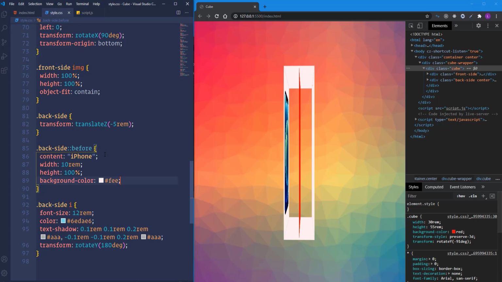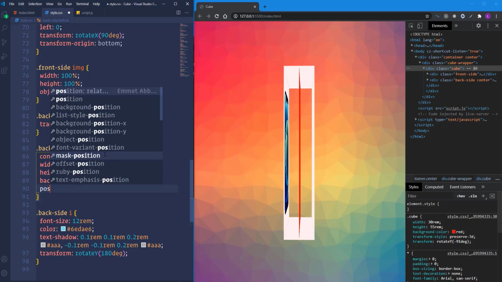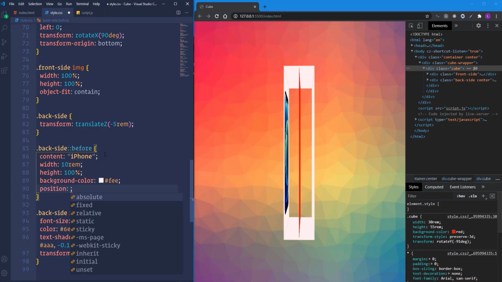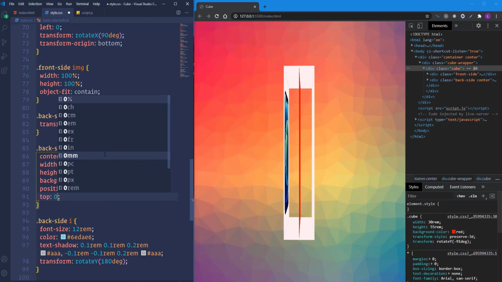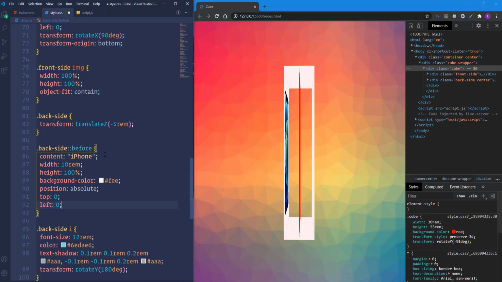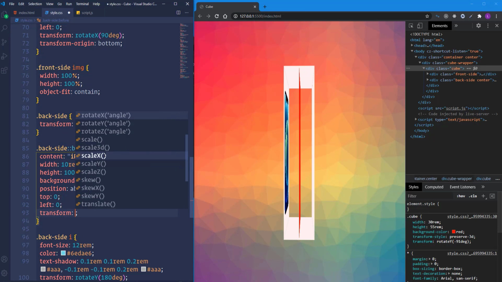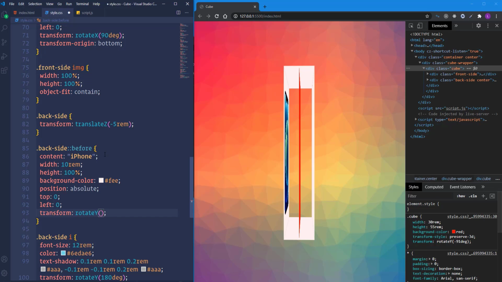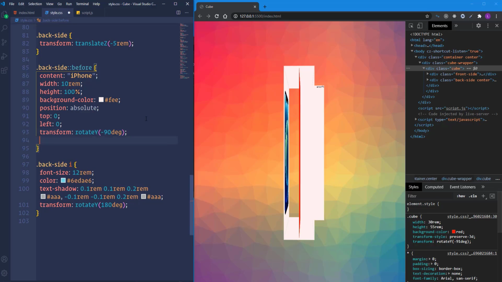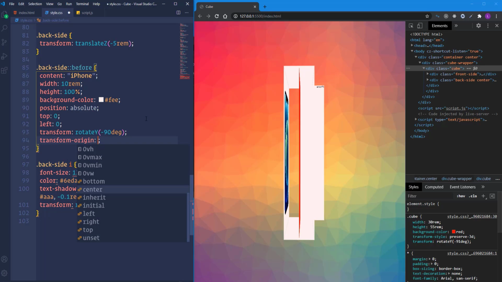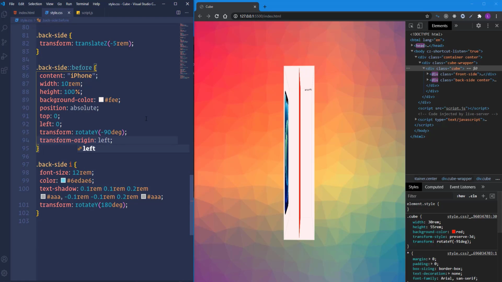So right now the left side is not visible because again we need to use the position and rotate function. So let's set position to absolute and then define top and left properties, make both of them 0. And also we need transform, rotate Y -90 degrees. So now the element is visible, but again we have to change the origin of the transformation. We need to set it to left. Alright, so now the element is positioned and we have to take care of its content, I mean the text